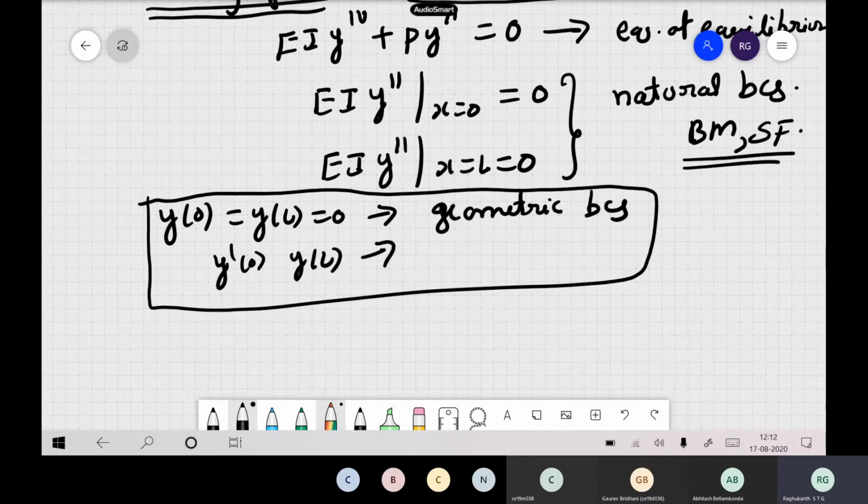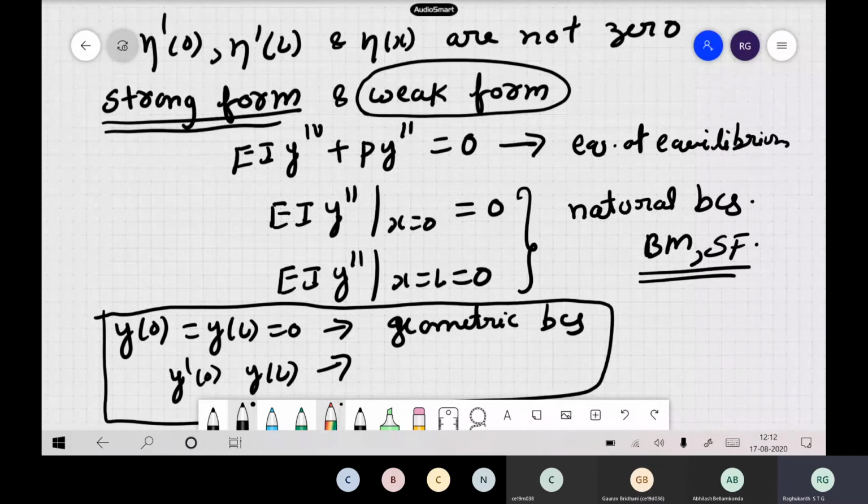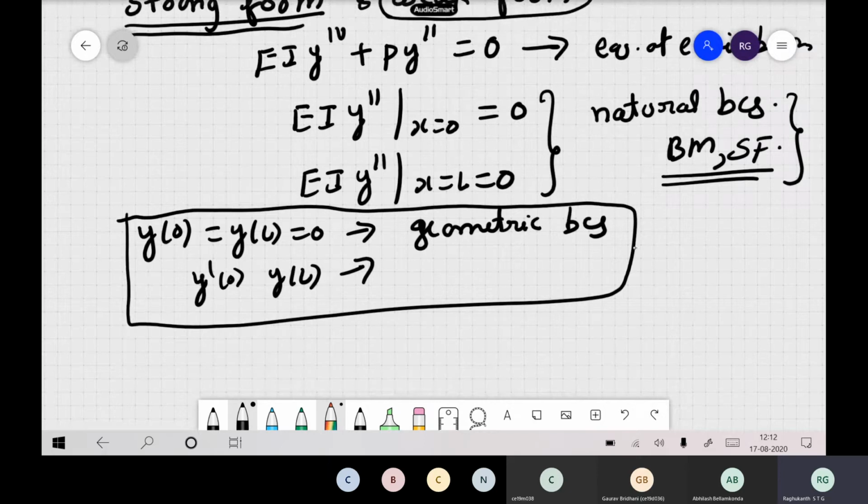And then you do all this calculus of variations, and automatically you will get these boundary conditions in terms of bending moment and shear force also. So that is the main advantage of calculus of variations. You will get the equation of equilibrium, and you also get the natural boundary conditions. But the geometric boundary conditions you have to enforce before the problem. These are already fixed, so if you do it, automatically you will get all these quantities. So now let us quickly solve one simple problem: how to get the equation of equilibrium by calculus of variations.